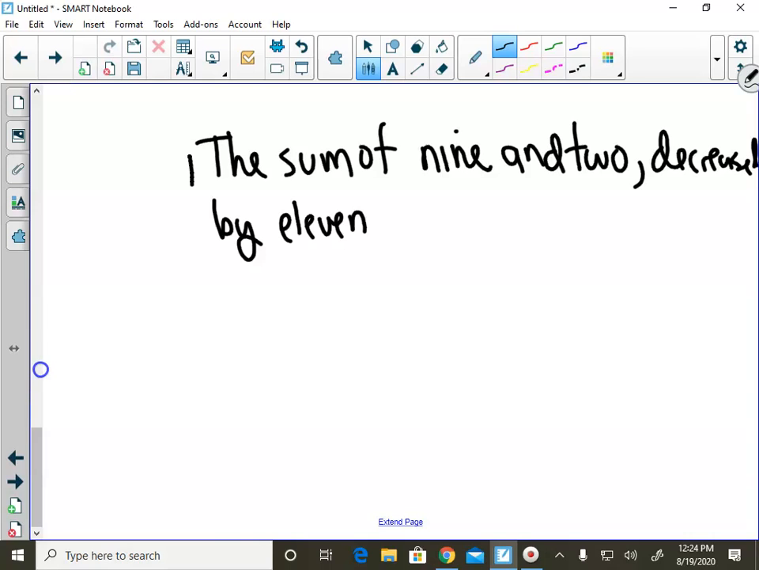Well, the sum of tells us parentheses with addition. What are we finding the sum of? That's going to be 9 and 2. What are we doing after that? Well, this sum is being decreased by 11. So we're going to be subtracting 11